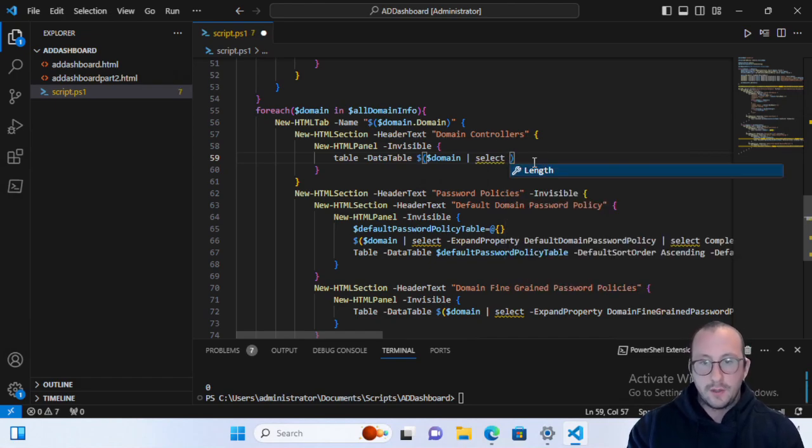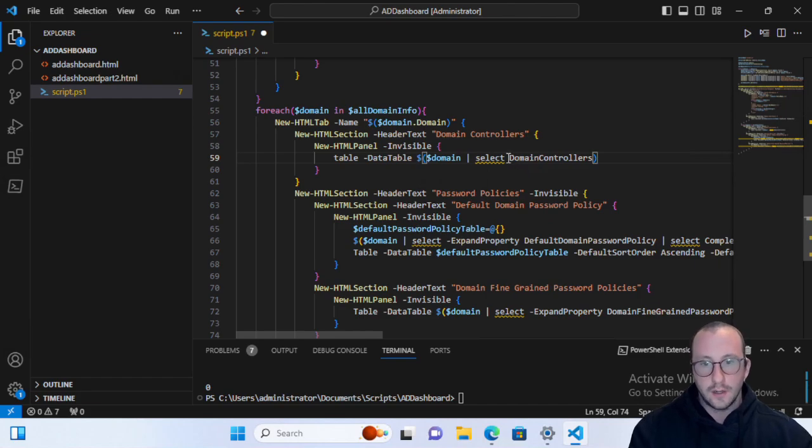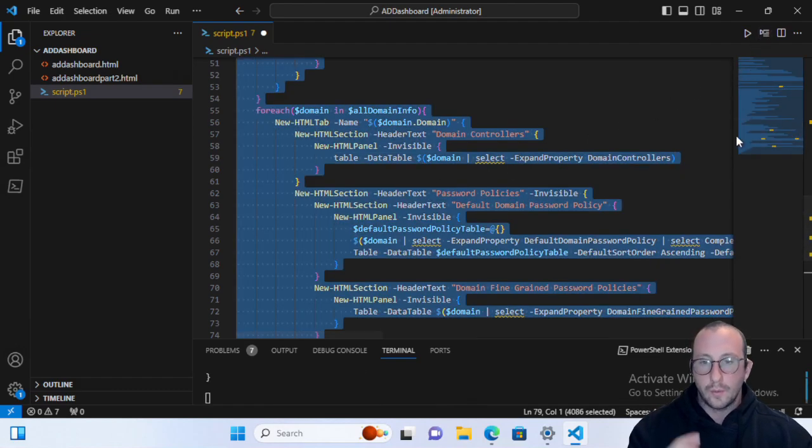That's what I'm going to be doing this way. We actually have all the information on the main page. We're really specifying some select pieces of information for the domain controller, but on the domain page itself, I like to have everything here. So let's just do a select domain controller. We're just going to do the expand property here. And if we run this,